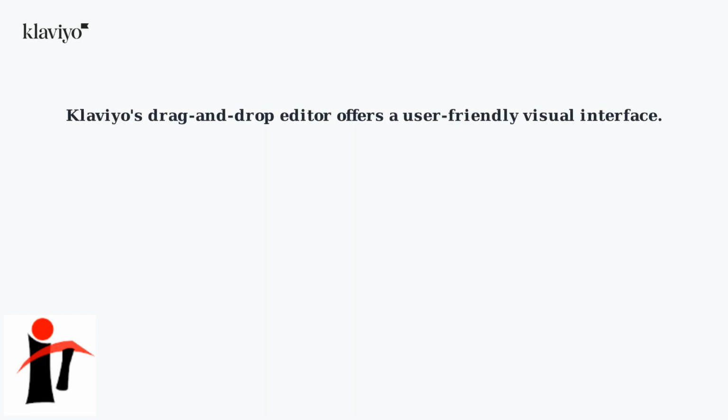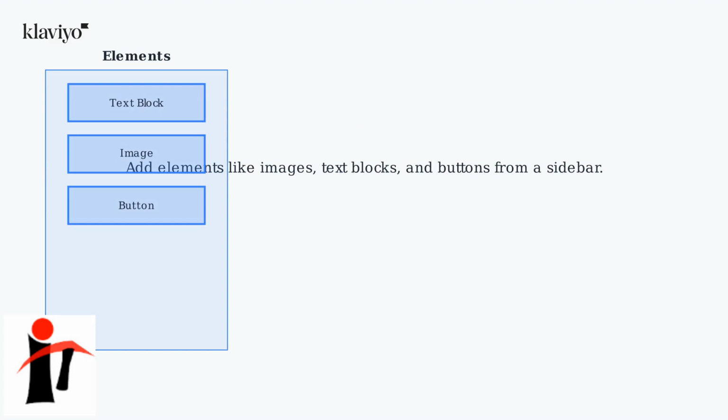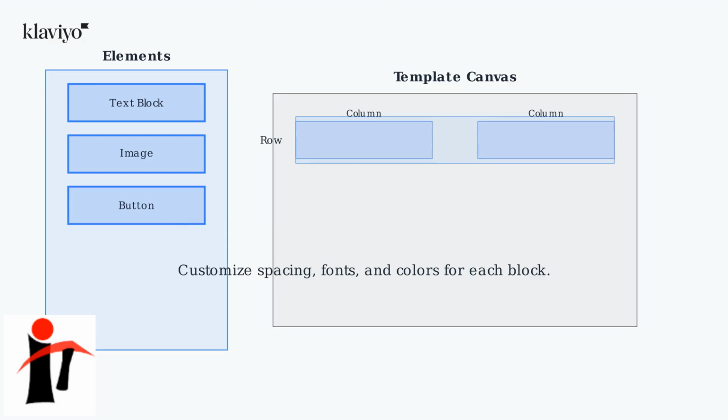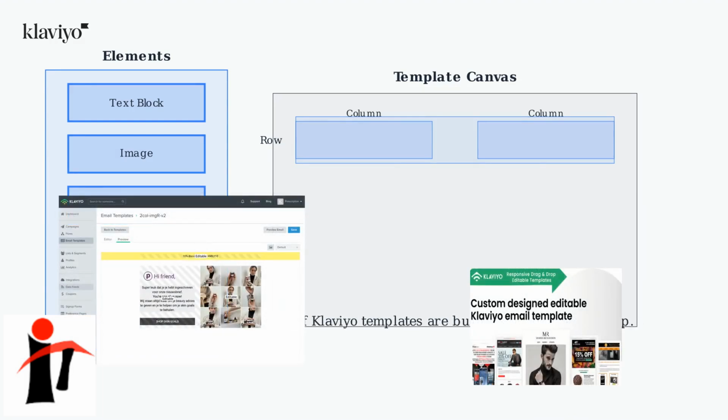Klaviyo's drag and drop editor provides a user-friendly visual interface for building email templates without coding experience. You can easily add elements like images, text blocks, and buttons by selecting them from a sidebar panel. Templates are structured using rows and columns, which allows for precise control over your email layout. Each block can be customized with specific spacing, fonts, and colors to match your brand. This intuitive approach makes template creation accessible to everyone, and according to 2025 data, 70% of Klaviyo templates are built